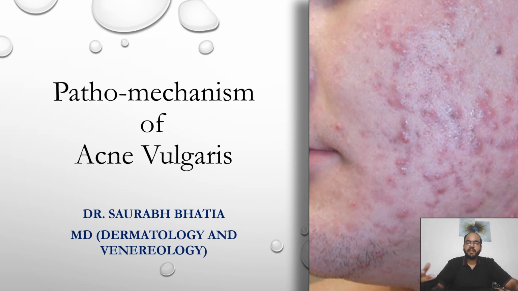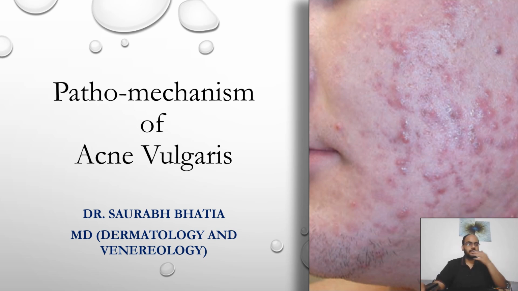In order to understand those combinations, we need to know how one single lesion of acne occurs. I agree that retinoids are the mainstay of treatment of acne, but why do we have other classes of drugs also? In this video, I'm not going to cover different classes of drugs, but we'll focus on the